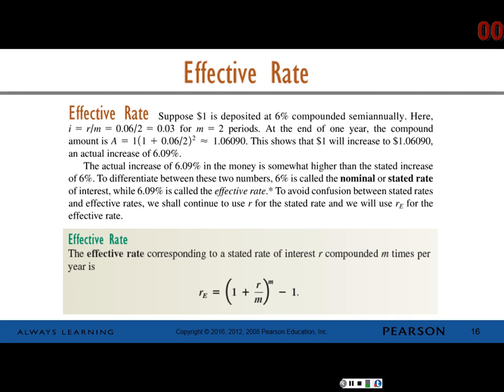But suppose you deposited $1 at 6% interest compounded semi-annually. In that case, the interest rate would be the annual rate divided by the number of compoundings, which would be 6% or 0.06 divided by 2, and that would give us 3%. So 3% per period, and then N is 2 periods. And at the end of the year, the compound amount would be, if you substitute into the compound interest formula,